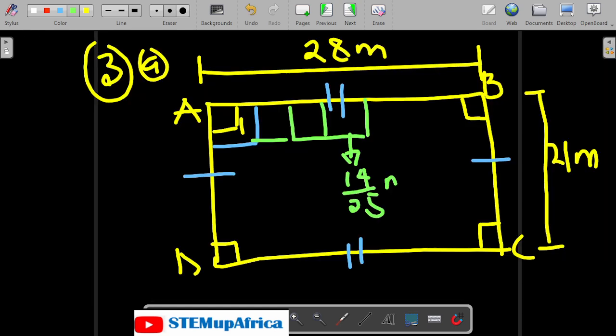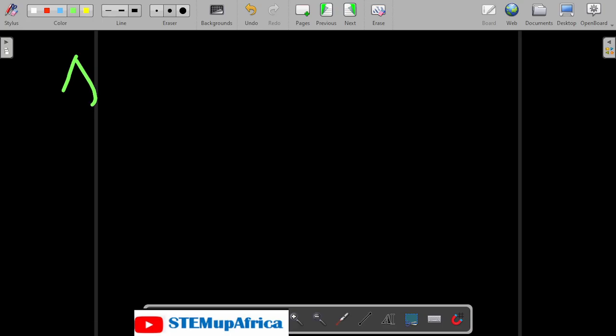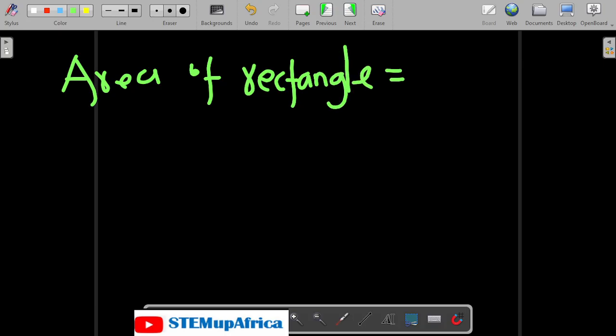14/25 meters. So to know the total number of blocks laid, I need to get the area where the block was laid. So I will have the area of a rectangle, that is the length and the width or breadth. So the area A will give me